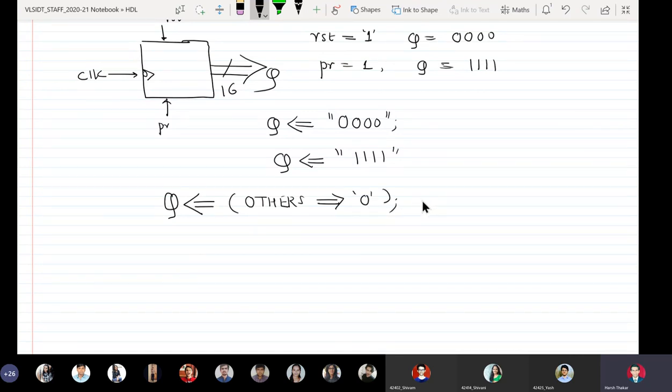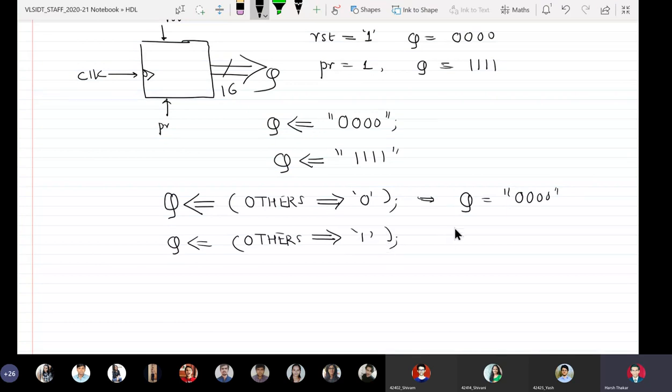Okay, so it is the same. This is same as writing Q is equal to 0 0 0 0. Similarly, if I write down Q is assigned others assigned 1, then it is same as writing Q equal to 1 1 1 1.